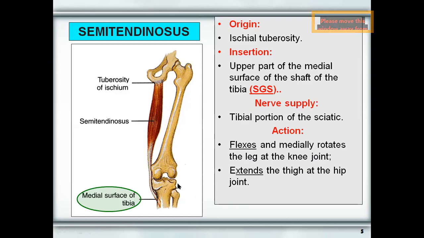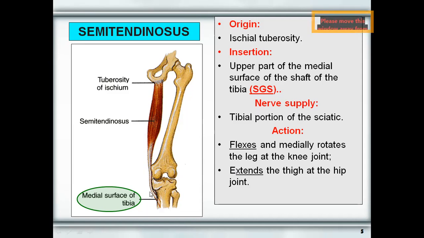If you remember, at the upper part of the shaft of the tibia, two other muscles also take insertion. I used the word guy ropes when I discussed my osteology class. We have semitendinosus, gracilis and the other muscle, sartorius, coming from three different compartments. Sartorius comes from the anterior compartment, gracilis from the medial compartment, and semitendinosus from the posterior compartment, also called the hamstring muscles. All three insert into the upper part of the shaft of the tibia, and they suspend the thigh as though it is a tent. That's why they are called guy ropes.